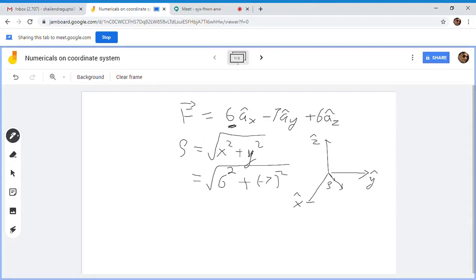Now you need to calculate this phi. What is this phi? So this is phi, the angle which this rho makes with x. So we have already discussed that tan phi is y upon x. Tan phi is y upon x. So phi will come out to be tan inverse y is what? -7